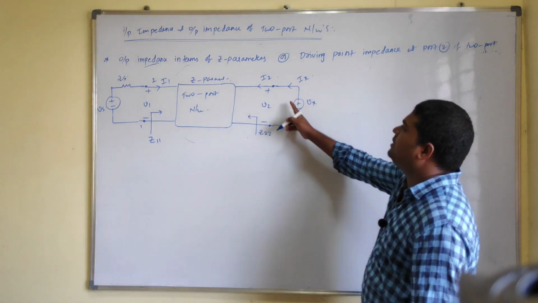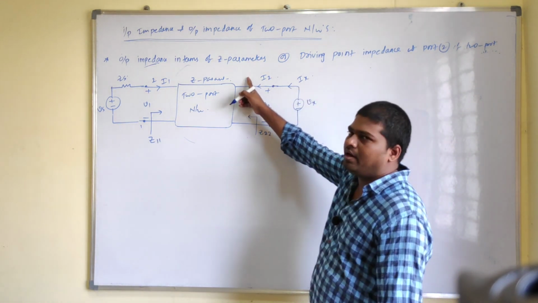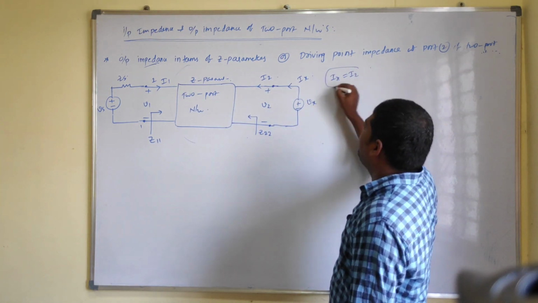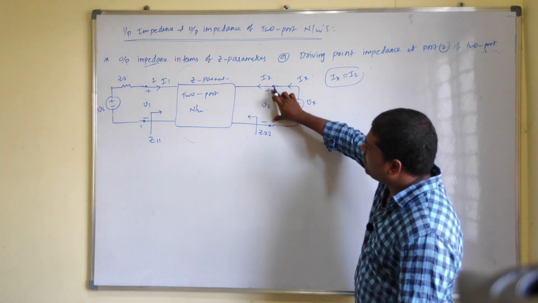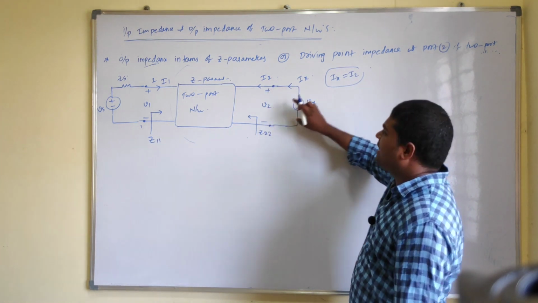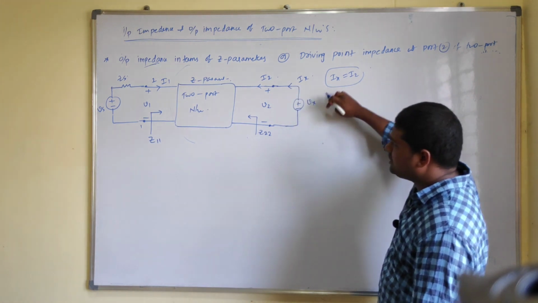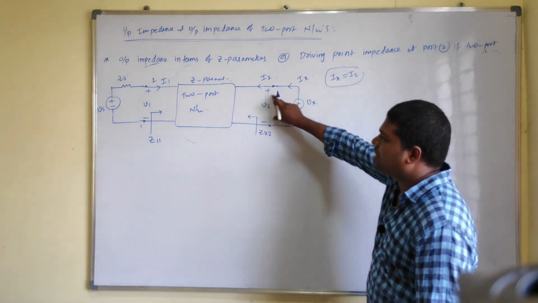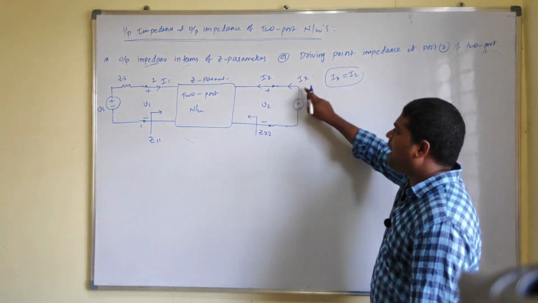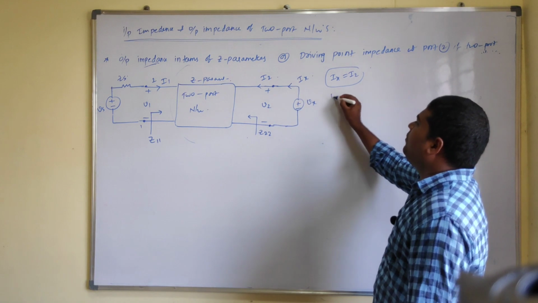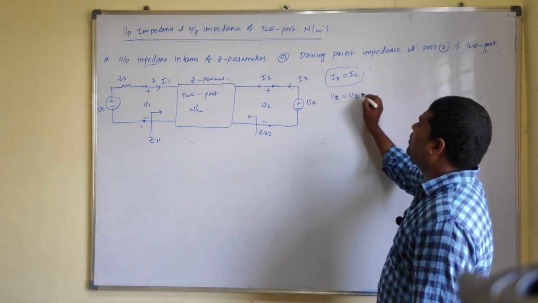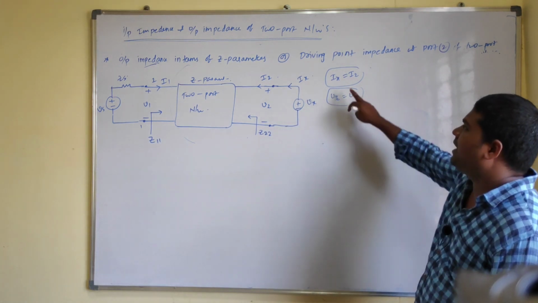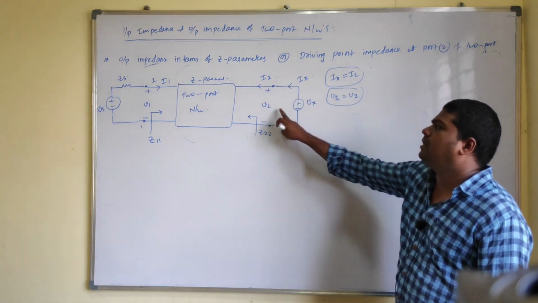According to KCL, Ix is the entering current and I2 is the leaving current. So entering current equals what? Leaving current. So from this point, Ix equals I2. The voltage drop across this open circuit equals V2, and the same amount of voltage appears across this voltage source also. Here we give the name Vx, and here the voltage drop is V2. The voltage drop across these parallel elements is the same, so Vx equals V2. So from port 2, the observation is Ix equals I2 and Vx equals V2.